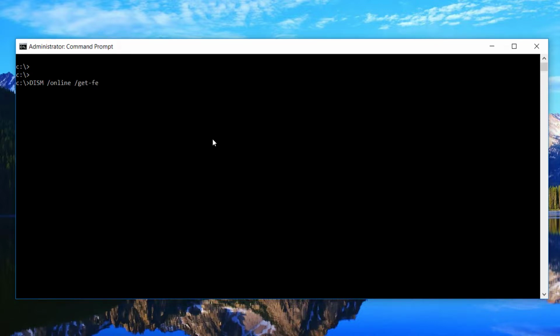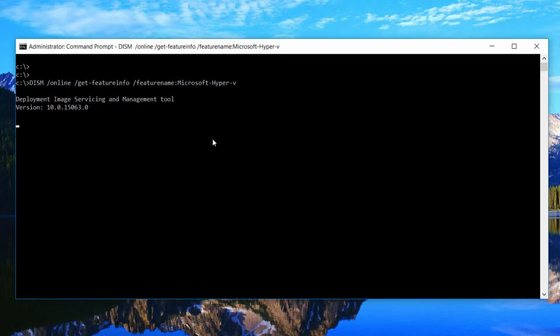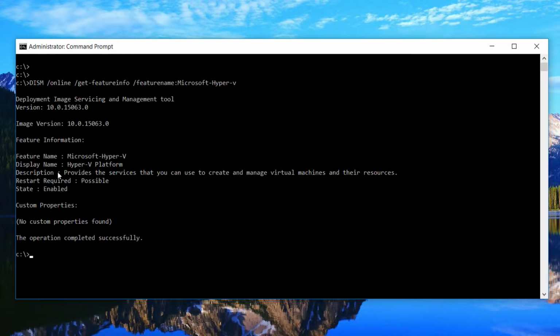Now /get-featureinfo /featurename:Microsoft-Hyper-V. Hit enter. It will pull up the status of Microsoft Hyper-V.